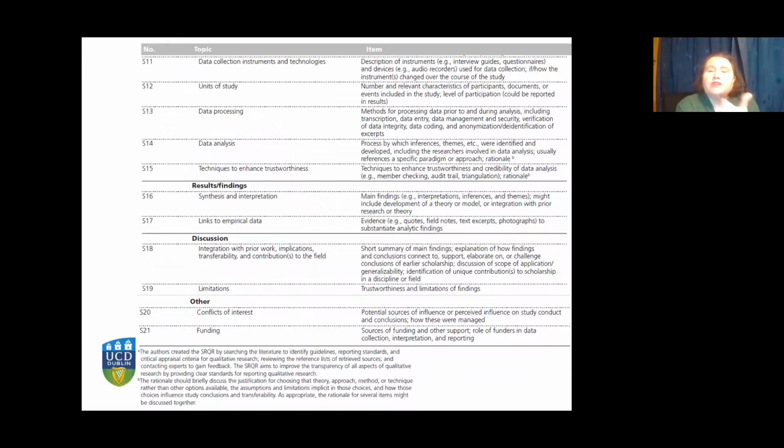And the language I like here, so rather than reliability and credibility, they're talking about techniques to enhance trustworthiness. What have you done in your process to reassure the reader that this isn't a biased personal interpretation of the data that has been informed by everything in your life that's gone before and not the research process? Coming back to some of the questions that were asked about mixed methods and multiple qualitative method studies, again, they focus on synthesis and interpretation. To me,